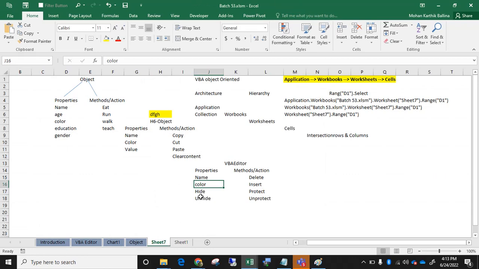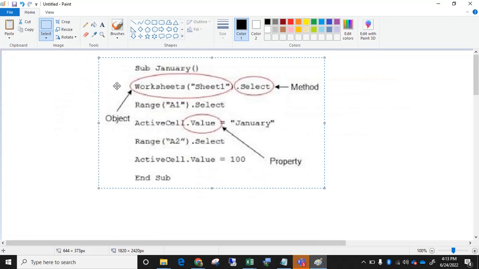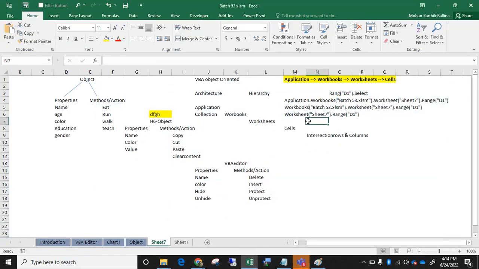Okay. So only one thing you should remember, whatever the code you are going to write, everything you can apply on objects. నేను చెప్పా కదా ఇన్ ఎక్సెల్ ఈచ్ అండ్ ఎవ్రీథింగ్ ఇస్ ఆబ్జెక్ట్ అని. ఇక్కడ వర్క్షీట్ ఉంది ఆబ్జెక్ట్, రేంజ్ ఉంది ఆబ్జెక్ట్, యాక్టివ్ సెల్ ఉంది ఆబ్జెక్ట్. సో లాస్ట్లో వచ్చేది మటుకు ఏదో ప్రాపర్టీ అయినా వస్తుంది లేదా మెథడ్ అయినా వస్తుంది. అంటే నేను ఏం చెప్తున్నానంటే,